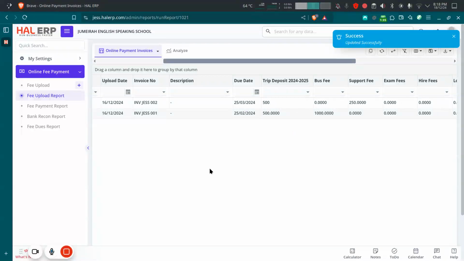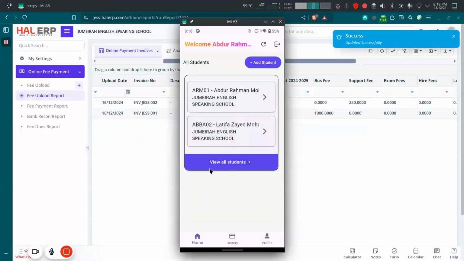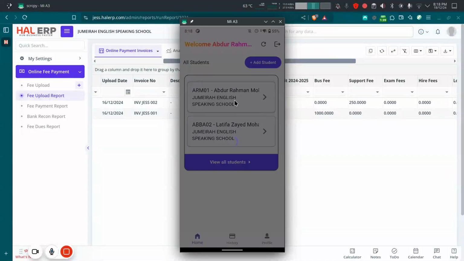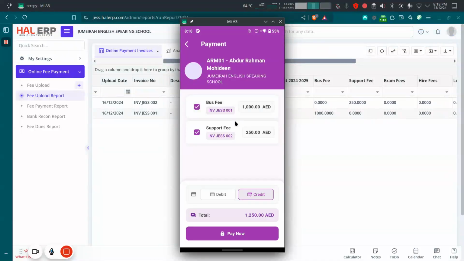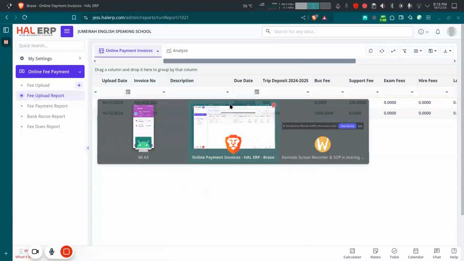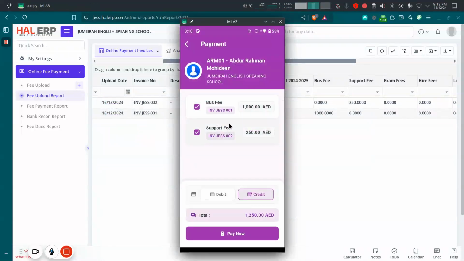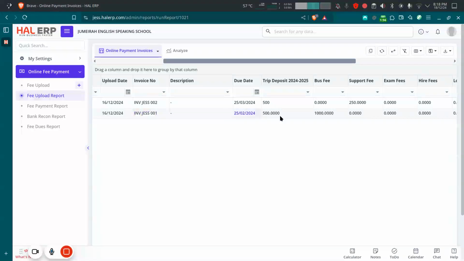Here is an example. So if you see for ARM01, there you go. You can see that the trip deposit fees has been paid already, but the bus fees in invoice 001 is 1000 dirhams. Now, here we can edit the value to 500, and once it's been updated